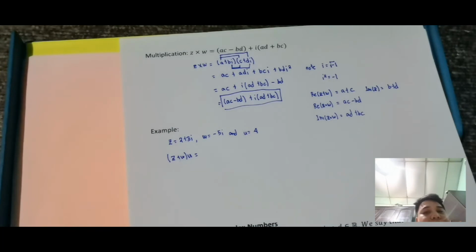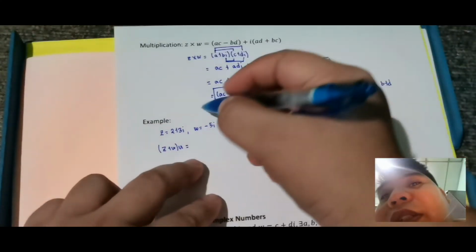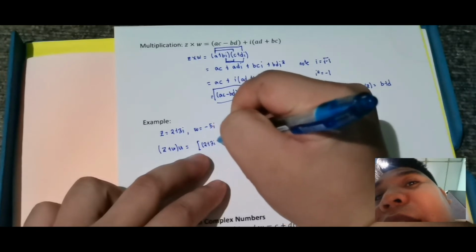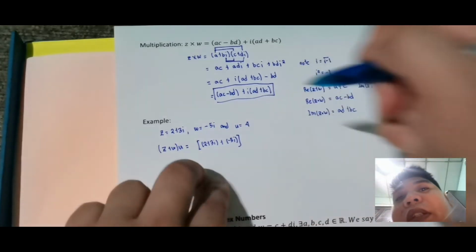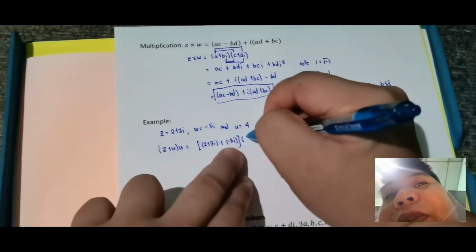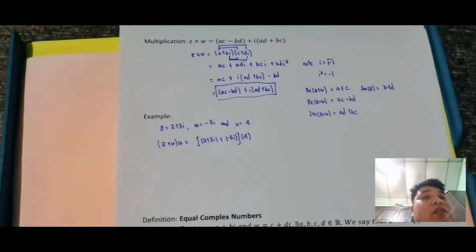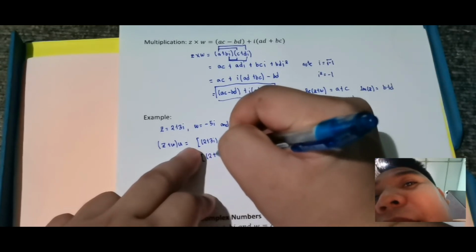Okay, so medyo sir, paano yan? So, syempre, ang gagawin mo, katulad lang dati yung ginagawa mo sa PEMDAS, unahin mo yung nasa loob ng parenthesis bago ka mag-proceed sa ibang operation. So, una, Z plus W. What is Z plus W? So, this is equal sa 2 plus 3i plus negative 5i, ito yung Z plus W multiplied by U, which is 4. Okay, then sa loob, apply mo yung formula natin. I-apply mo na agad yung formula natin. So, that is equal sa 2 plus 0,